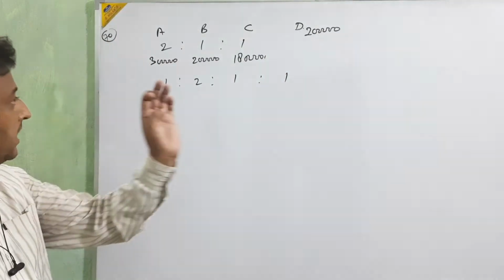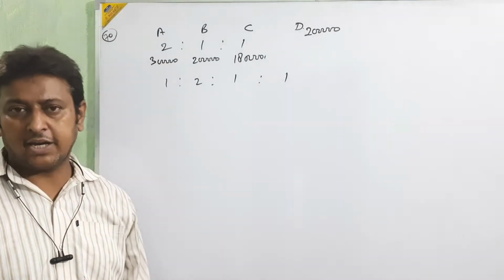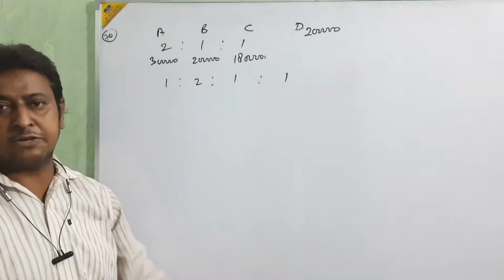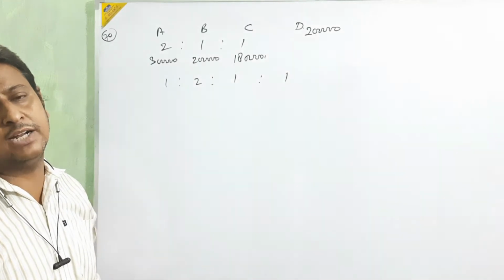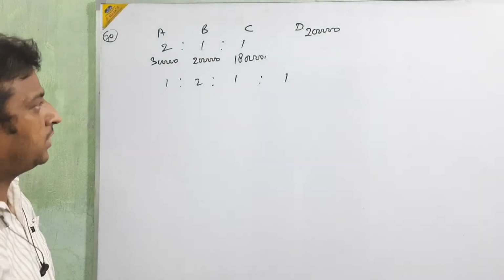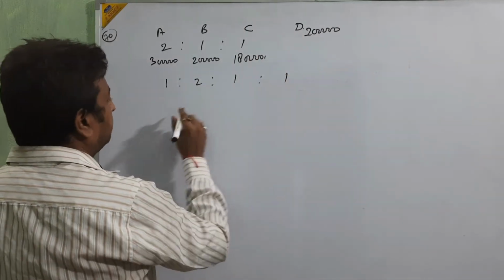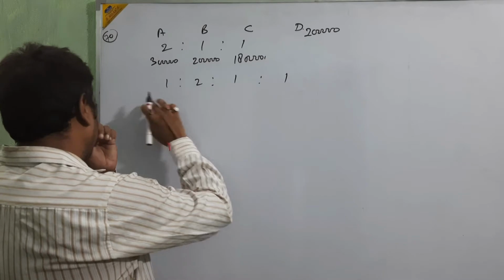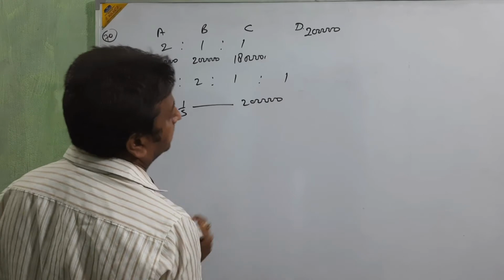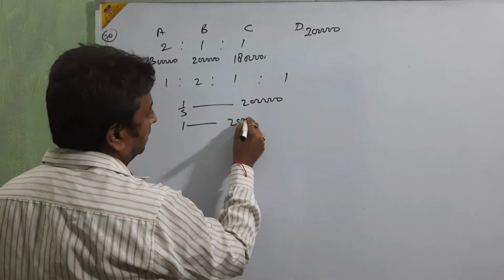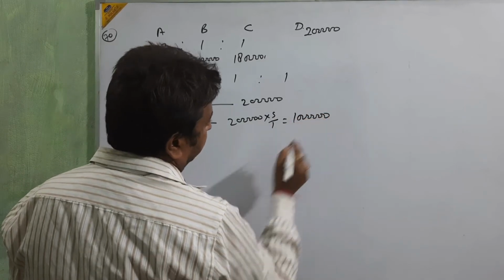Okay. First we are going to calculate the goodwill, hidden goodwill. Then we are going to calculate the sacrificing ratio because the new ratio is given, beta. When the new ratio is given in the question, then we are going to calculate the sacrificing ratio. So first we are going to calculate the goodwill for 1/5. For the 1/5, D will come with the 2 lakh. For the whole, 2 lakh into 5/1, it means 10 lakh. Okay, beta?